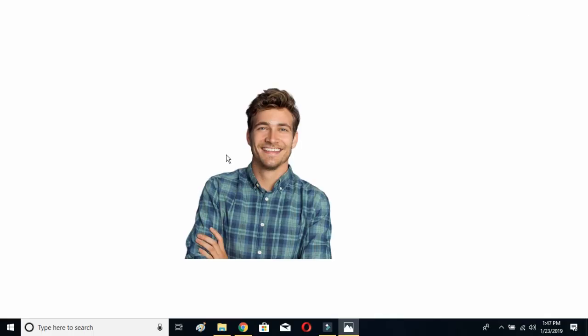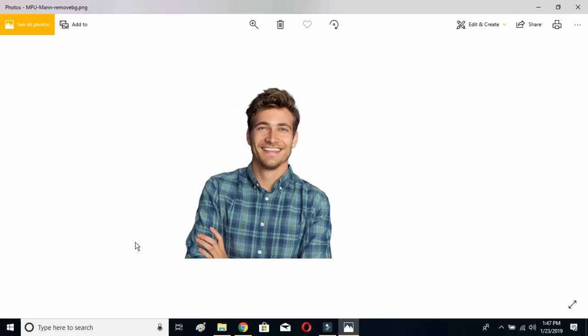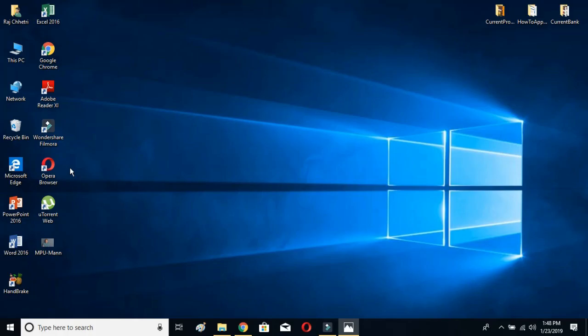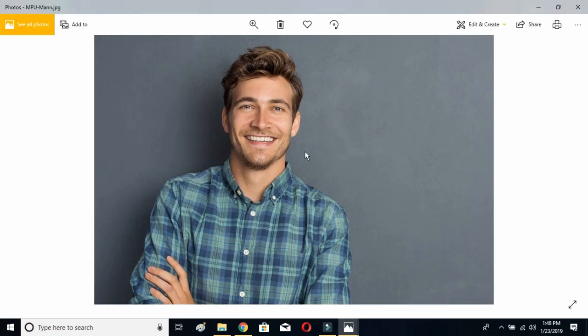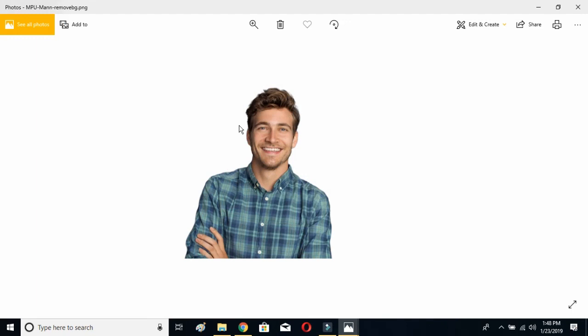Okay, as you can see, all the gray background has already been removed. If we check the previous photo, then it was a gray background, as you can see. Okay, it has changed into transparent. This is how you can make your background transparent by using